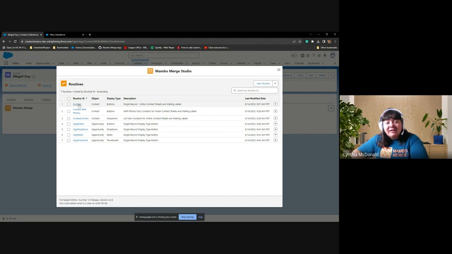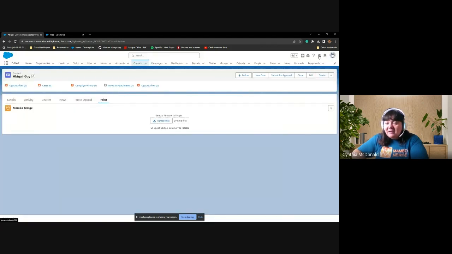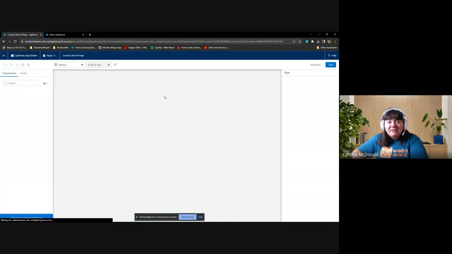I'm going to go ahead and we'll just copy the name here, contact ID. I can't highlight it, but it's not a difficult thing to remember. So we'll go ahead and close it. And we'll go back up here to that gear icon, edit page. And as it loads,